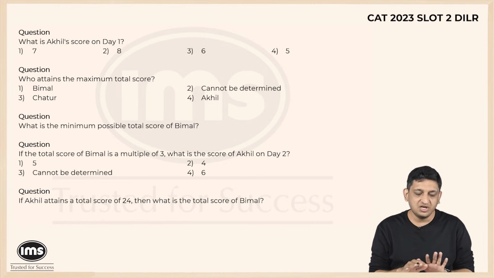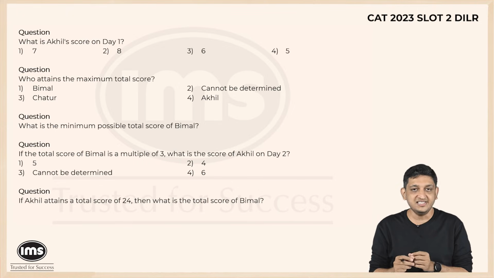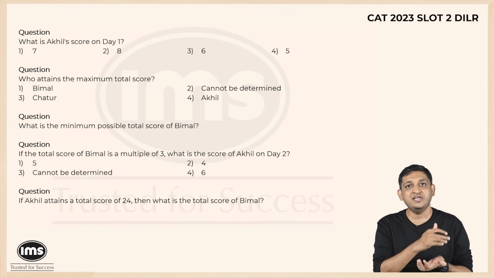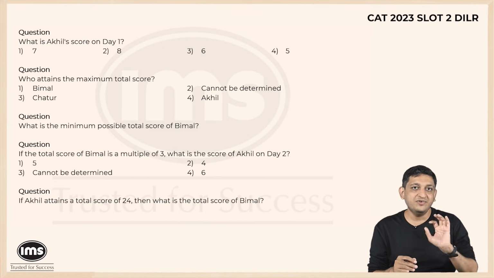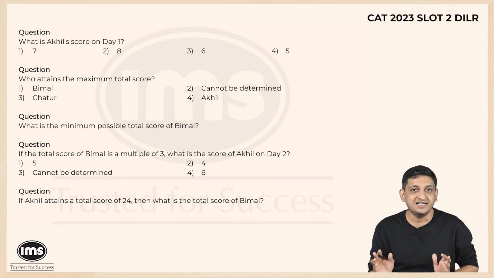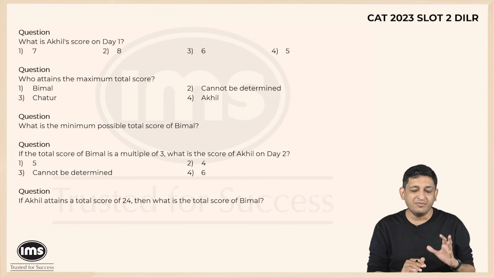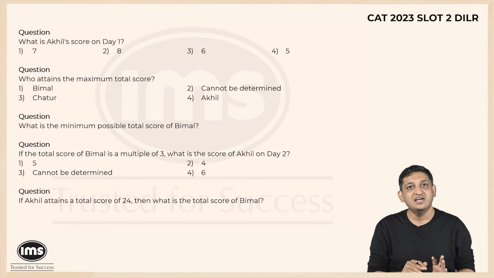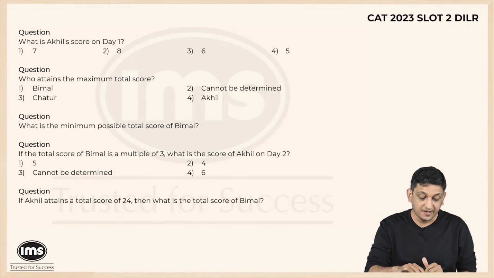So again, more or less, we understand what the context is. We have to figure out what people scored on each day. I am sure there will be some variances, because the questions ask us about minimum possible, if-then kind of situations. So I know we might have to put in slightly more effort than usual to get to that 2 or 3 table format, but then again it does not look to be a very complicated set as such. So let's look at this.